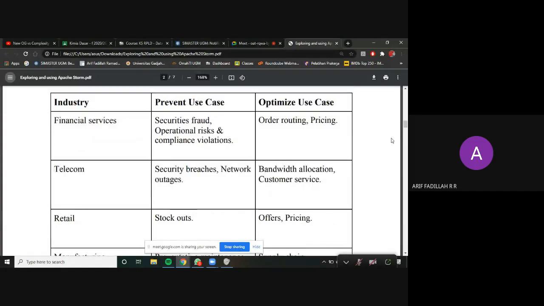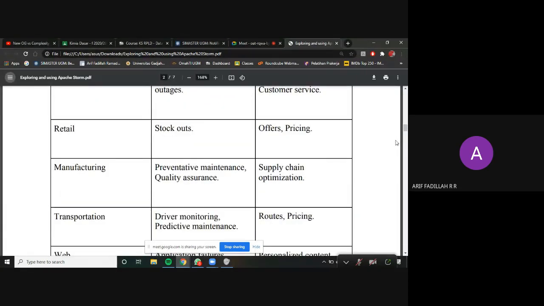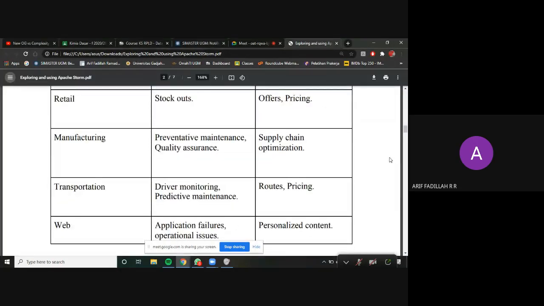For prevent it is like stock outs, and for optimization it is like offers and pricing. Then there's the manufacturing industry, as you can see. For the prevent use case it is quality assurance, and for optimization it is like supply chain optimization. Yeah. And we have the transportation industry and then the web industry.